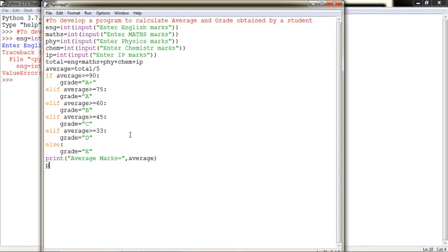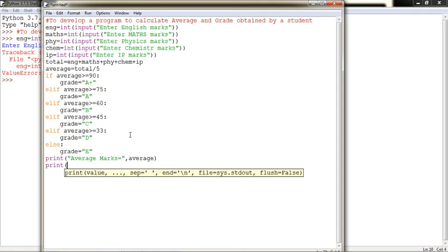Just we can write print grade within inverted commas, whatever you write that appears as it is in the output. So grade is, this will appear as it is, colon, inverted comma close, comma,